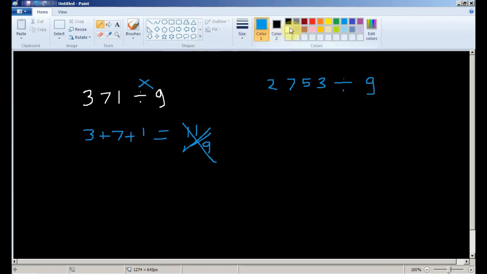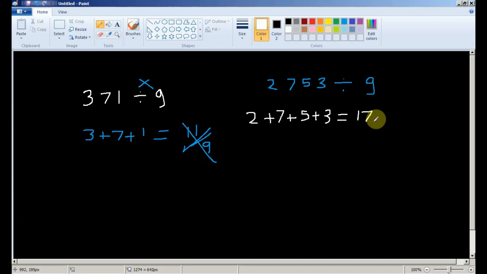I just picked it randomly, so let me check if it is divisible by 9. 2 7 plus 5 plus 3 gives me 2 plus 7 is 9, 9 plus 5 is 14, 14 plus 3 is 17.